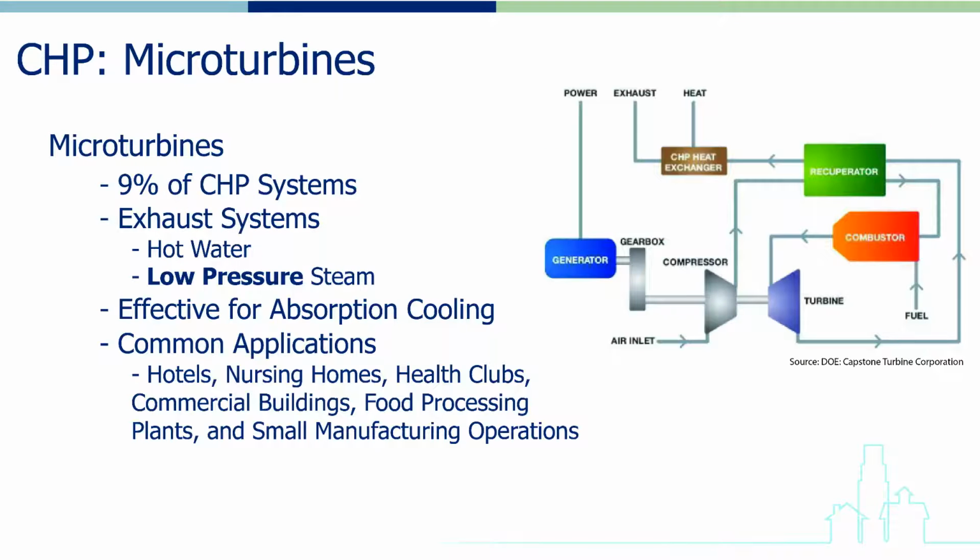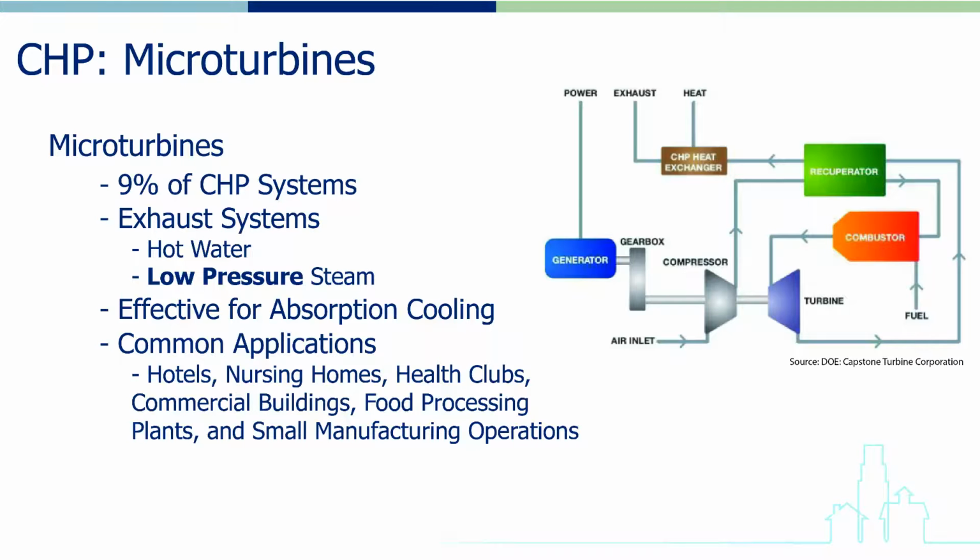Microturbines are currently used to power roughly 9% of the CHP systems in the U.S. In CHP applications, thermal energy from the microturbine exhaust is recovered to produce either hot water or low-pressure steam, not the high-pressure steam produced by full-size gas turbines. The temperature of microturbine exhaust also allows for its effective use with absorption cooling that is driven either by low-pressure steam or by the exhaust heat directly. Common applications for microturbine CHP systems include hotels, nursing homes, health clubs, commercial buildings, food processing plants, and small manufacturing